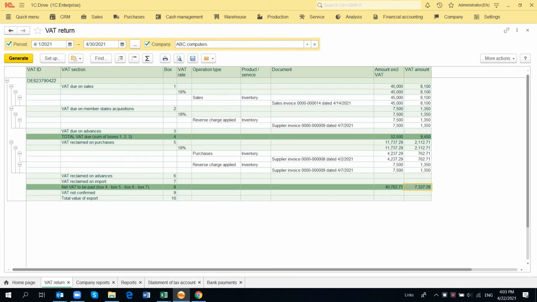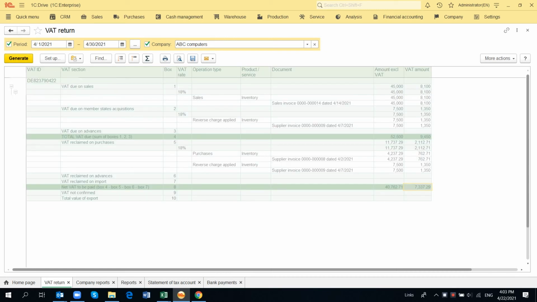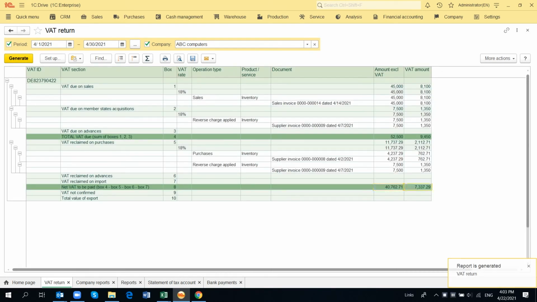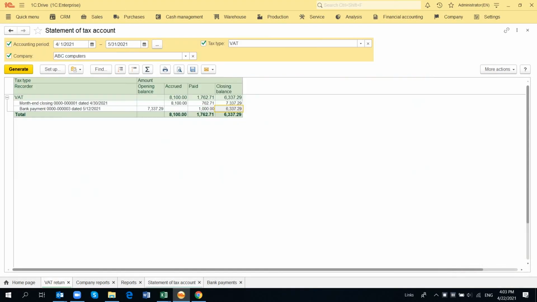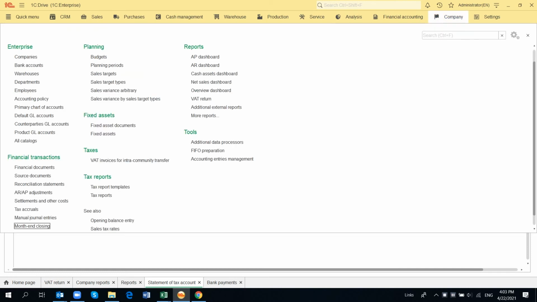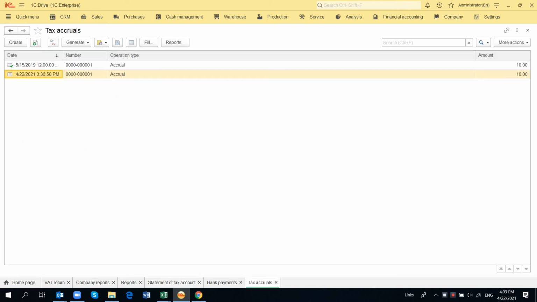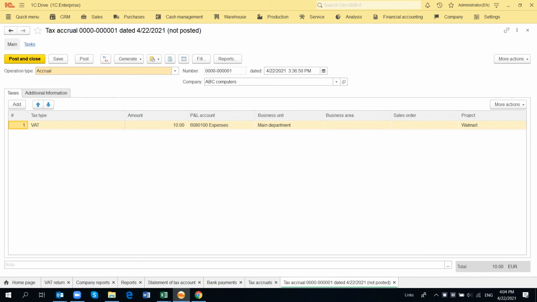Because VAT report does not show the balance, it just shows the calculated amount. When we generate and update VAT return, we see the same figures, the same data for the April. But statement of account is in place and shows us the actual tax payable settlements. We can also go to company and tax accruals,